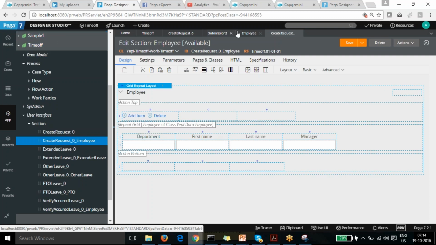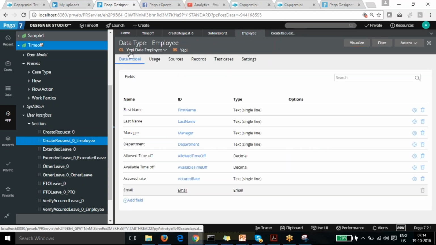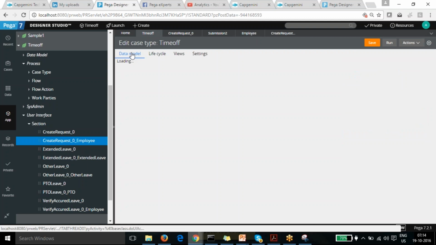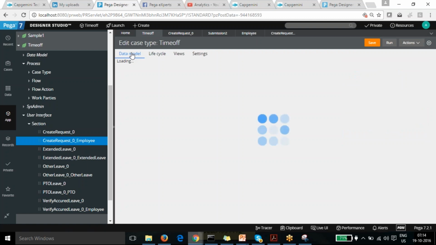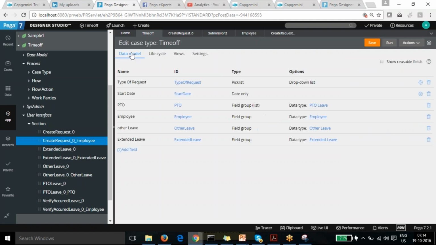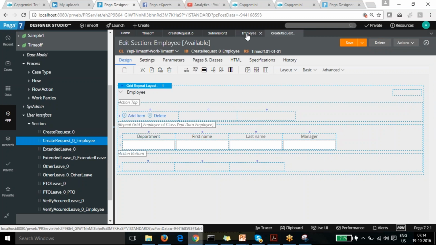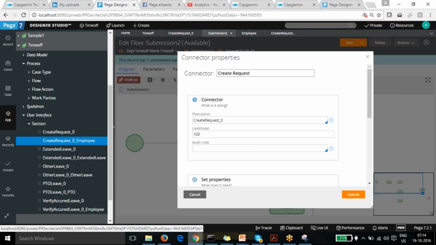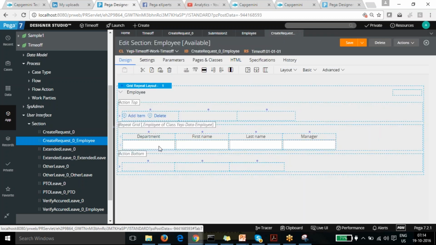Sorry, I changed that to page reference. Oh, sorry. Employee changed to field group, but it's still showing image. I think there is some issue with this one.